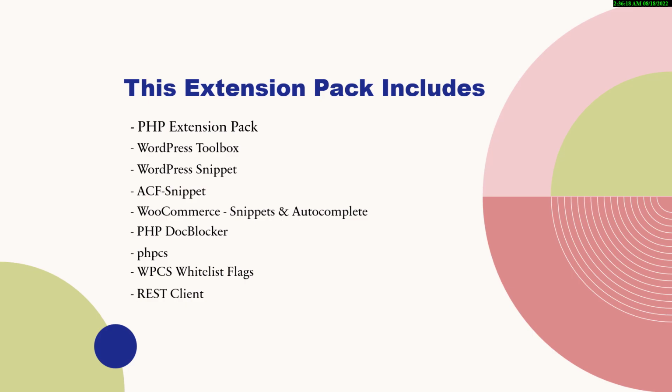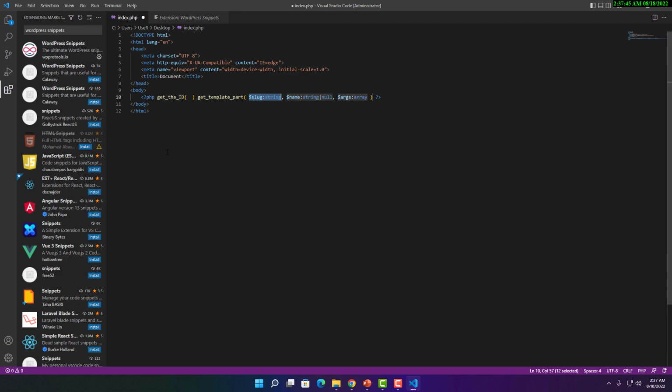I don't recommend installing the WordPress VS Code extension pack if your device configuration isn't high, because it has extra extensions. I always recommend installing extensions that you need. You can install the 3 most popular of those extensions: PHP extension pack, ACF snippet, and WooCommerce snippets and autocomplete. Let's install those 3 extensions one by one. To install the PHP extension pack, search here